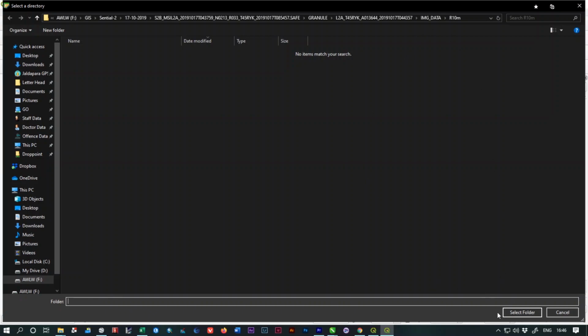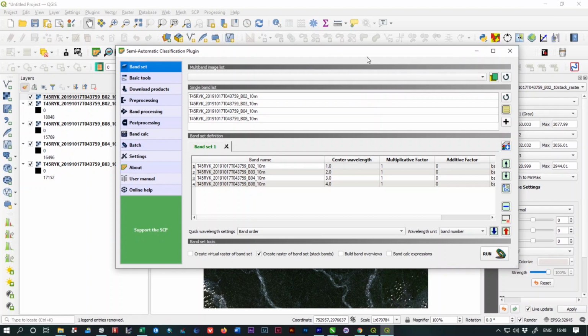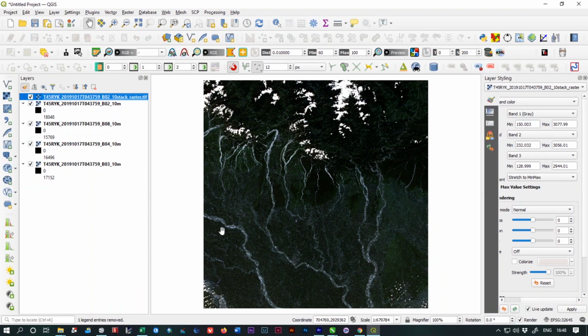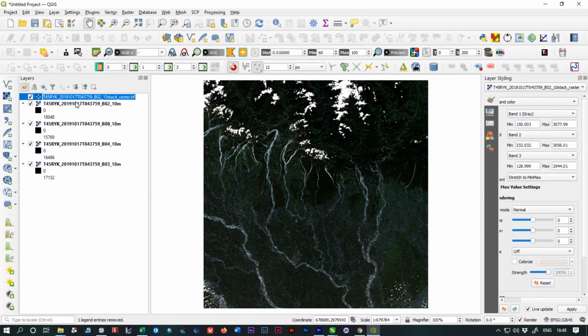Select the output location. I'm going to export it in the same folder, and it will take some time, and it also depends on your computer processing power, so don't interrupt the process. And I am going to skip the video. Okay, after completion of the process you will get this type of result, and it will create a new layer with all the properties of these 4 layers.